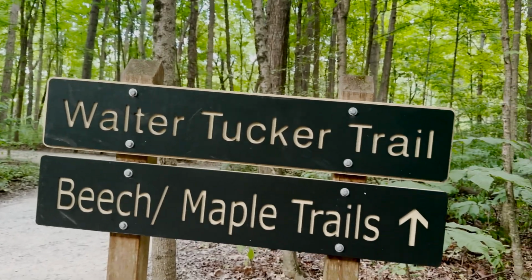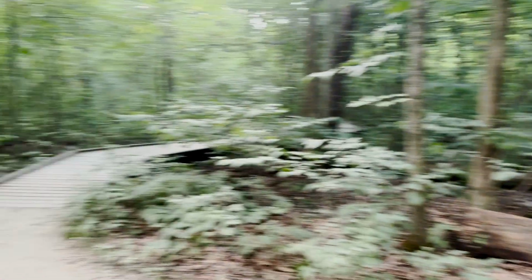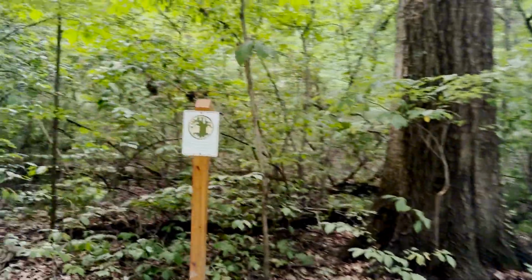So there's Walter Tucker Trail and Beach Maple Trail, and this one goes back around underneath the Canopy Trail. So we're going to take this